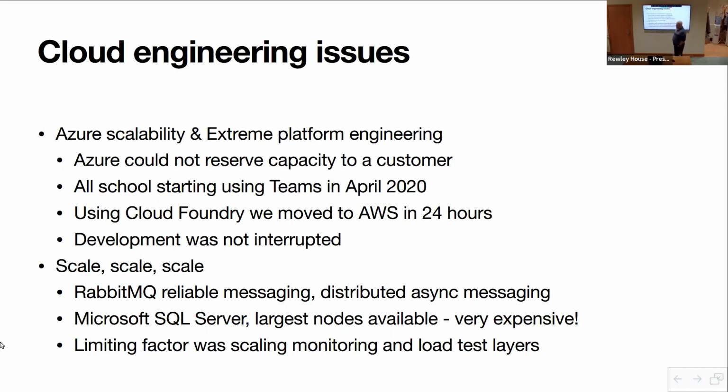The only problem is, when everybody was sent home, little Johnny and little Johnny's sister then wanted to use Teams to talk to their teacher. Well, they probably didn't want to, but their teachers wanted them to go on it, right? Turns out you can't prioritize customers on Azure, or you couldn't at the time. What that meant was the entire country jumping on Teams meant that all the dynamic capacity for scale out was taken up by Teams. So Ministry of Defence, NHS, and ourselves using the NHS account, basically when we tried to stand up a new VM, it failed routinely for weeks upon weeks. So we could use the servers we'd already got, but we couldn't stand up new ones.